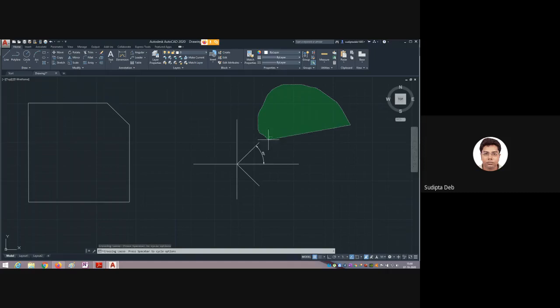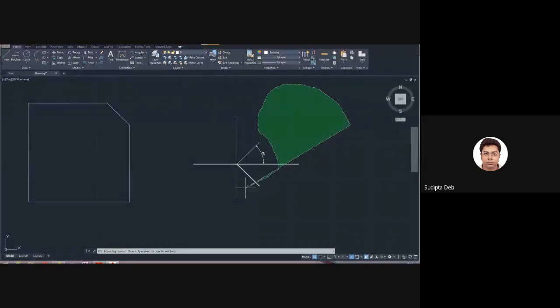If this touches your drawing, it will be selected. Right now this is selected, this is selected. If I touch, it will be selected. Now I can press the delete button from my keyboard directly to delete these lines.